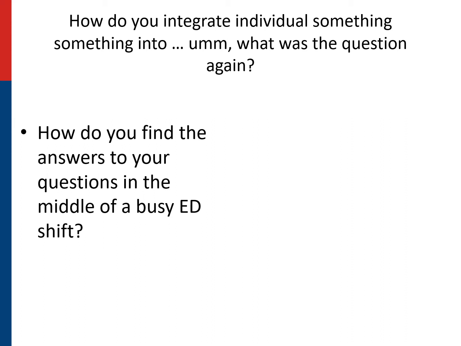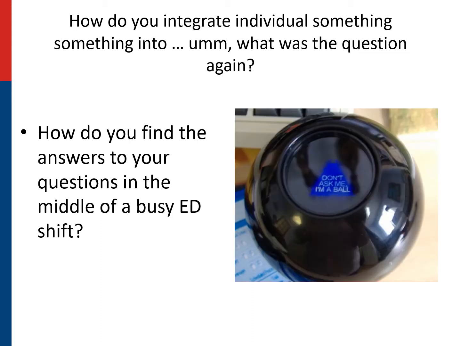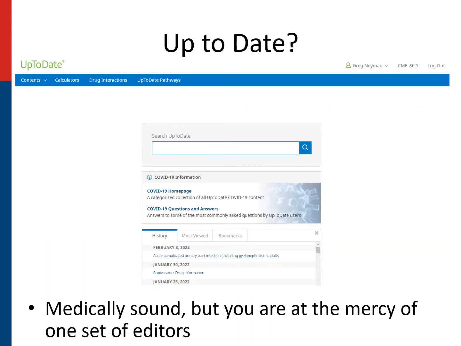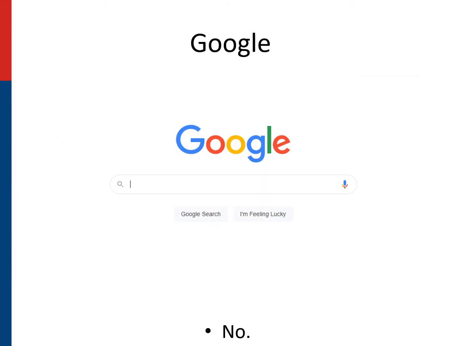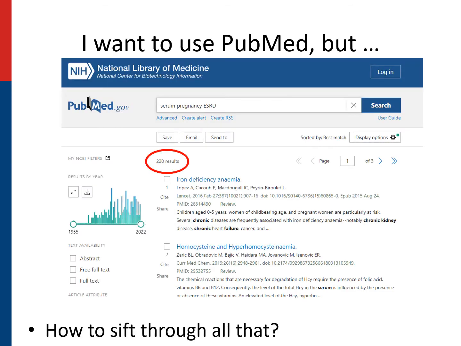So how do you find answers to your questions in the middle of a busy ED shift? You could try UpToDate. It is medically sound, but you're at the mercy of one set of editors. Please don't use Wikipedia, and definitely don't do a Google search. I will talk a little bit about Google Scholar later, but we're going to bypass that topic for right now. So PubMed, I think everyone knows that PubMed is the easiest source to access from a